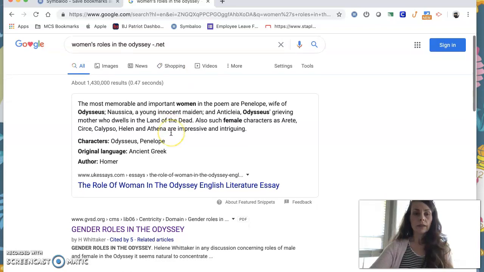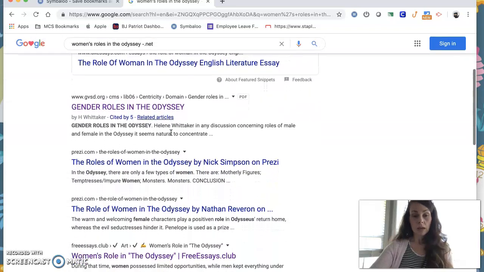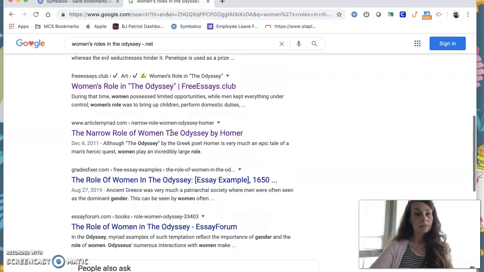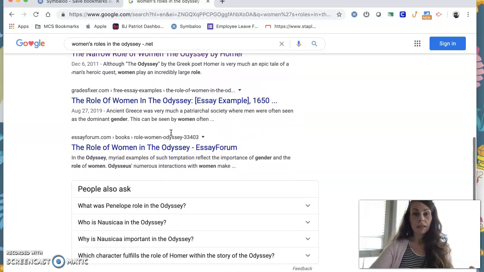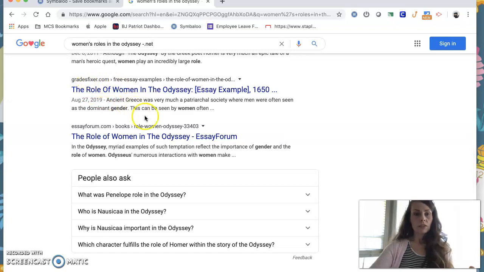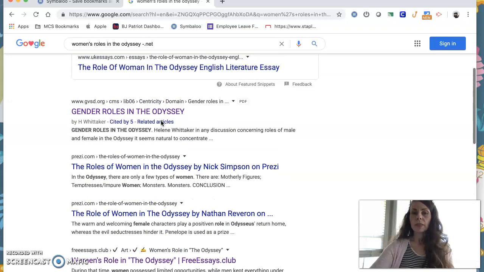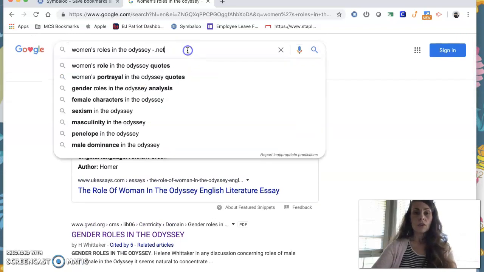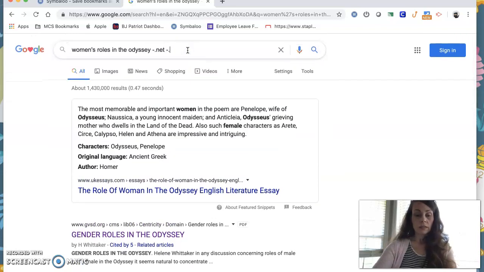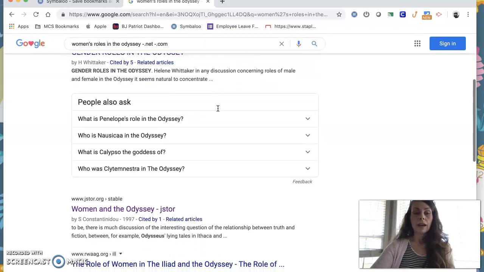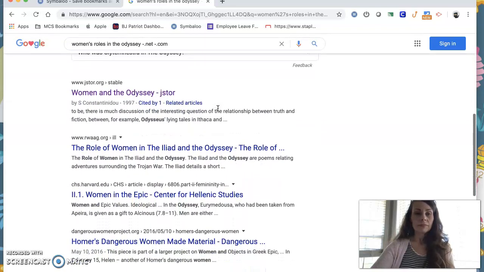and hit enter. Okay, now if you look at all my hits here, I have some .coms, but I do not have a single .net. So grade fixer, okay, essay forum, look at all these that are hidden. Nope, I don't want to see any of those either. So if I wanted to say, I don't want to see the .coms either, I can just hit a space, hit the hyphen again, and put .com and hit enter. Look, now I've gotten rid of all of them. Now I see,